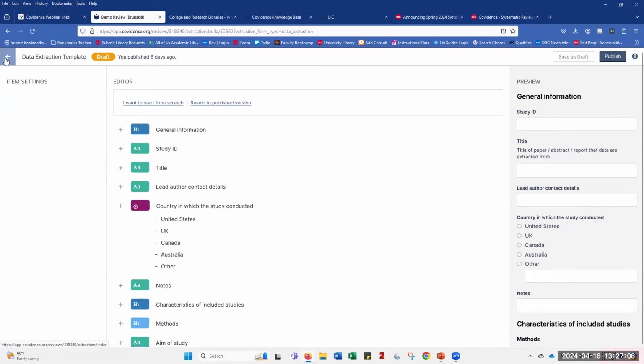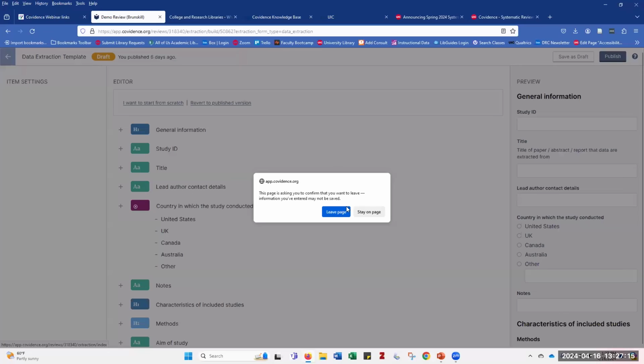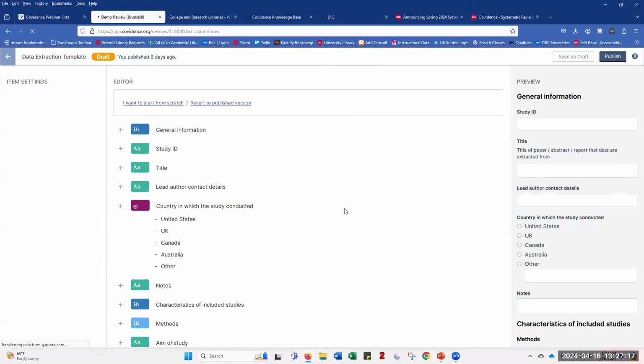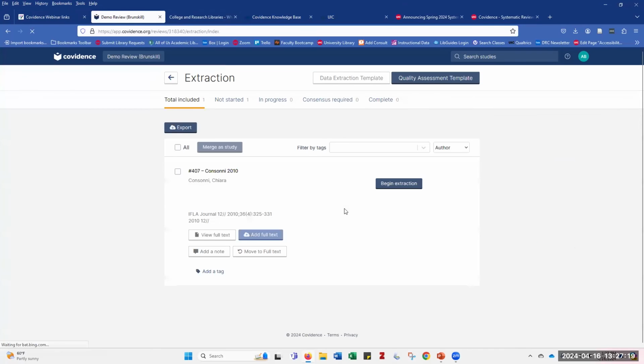Okay. And then if you liked it, then you would go ahead and publish the form. So once you have it the way that you like it, or if you're just using that extraction 1 form, which you don't modify,